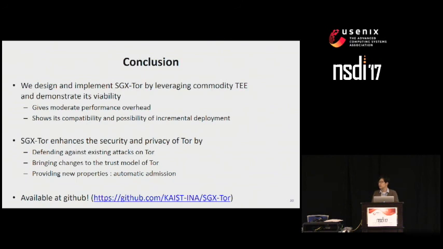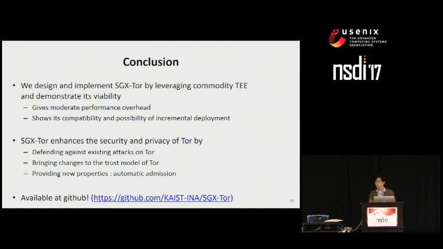Raluca Popa, UC Berkeley. Great work. Really fun application of SGX to Tor. I have a question about a class of attacks on SGX and whether they apply to your system. Those are the attacks on memory access patterns, such as the controlled-channel attacks of Xu et al., that basically show that even if the memory is encrypted, the attacker still sees what you fetch from memory. For example, if your circuit ID is encrypted, the attacker can see the patterns of memory accesses leading to accessing the circuit ID, or the timing. So I wonder if your system is vulnerable to those kinds of attacks.